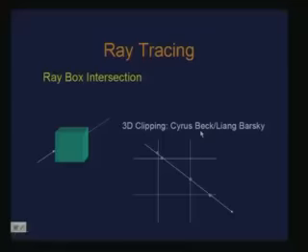So, it is just a matter of applying your Cyrus-Beck or Liang-Barsky clipping algorithm. Of course, that requires you to have this box to be a convex polyhedron, right. So, typically when we are looking at a box, they are basically rectilinear boxes, parallelepiped structures, for which applying this 3D clipping is